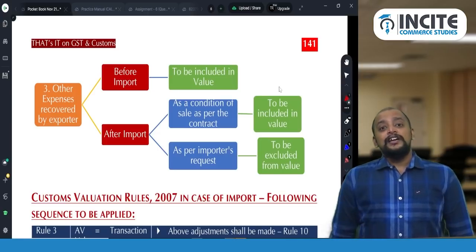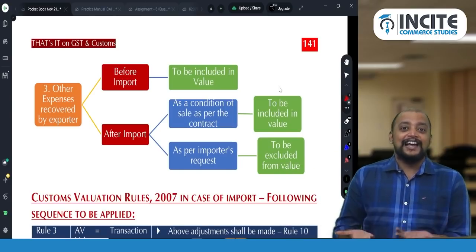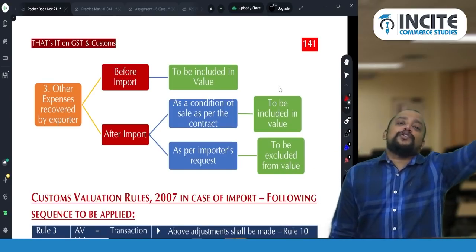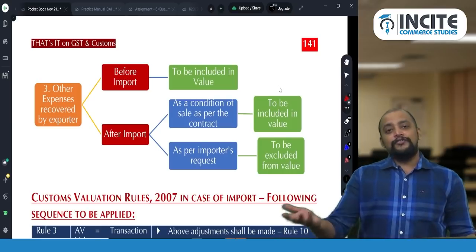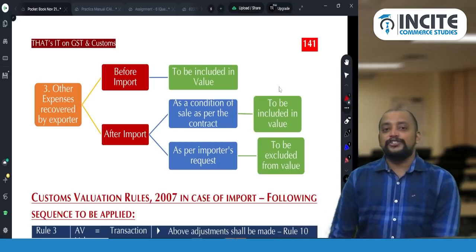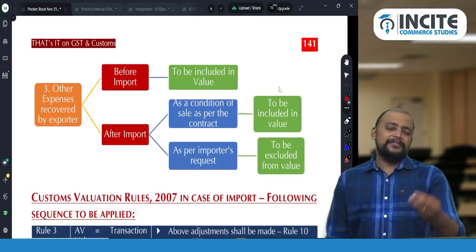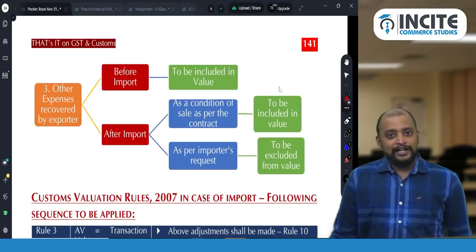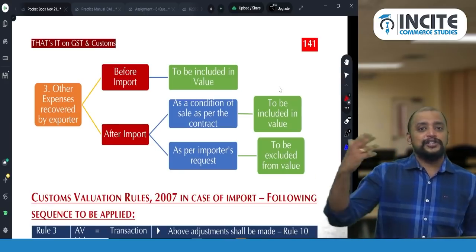So for that reason, he will not send it to a local mechanic shop to do the painting of a Lamborghini car. So he would have requested the car manufacturer, who would have sent their technician to India to do this change of color. From orange color it has been changed to black color, and for that they will definitely be collecting some amount, easily 10 lakhs or 20 lakhs. So whether that will be included in the value? No, because it is post import charges and that is not as a condition of import.